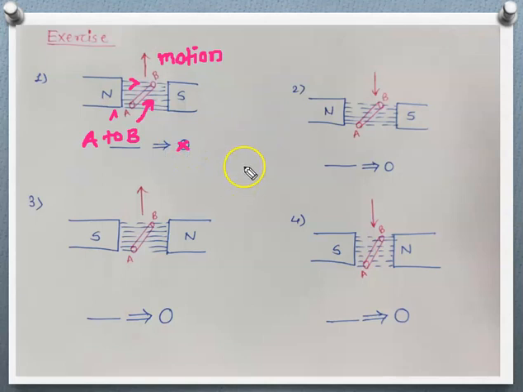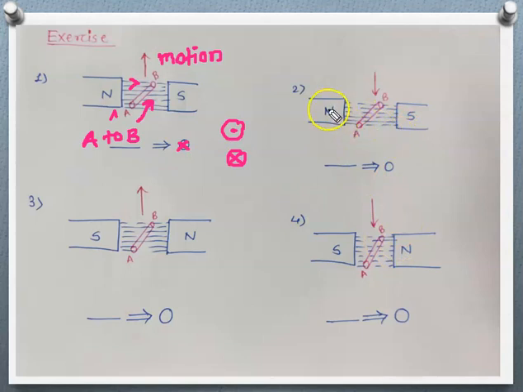We have 2 conventions. One is a dot. This is a circle, this is also a circle. When we place a dot in the circle, it indicates that the current direction is towards us. When it is a cross, it indicates the current direction is into the paper, or into the slide. So the current direction is from A to B, that means into the slide, indicated by a cross. So here, cross.